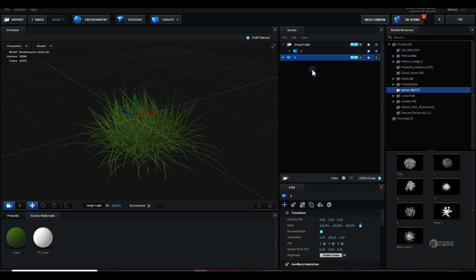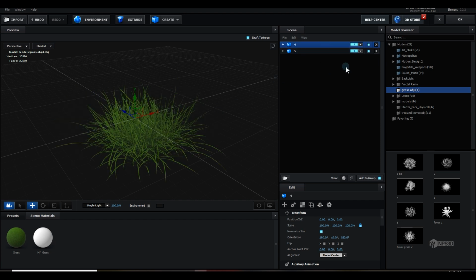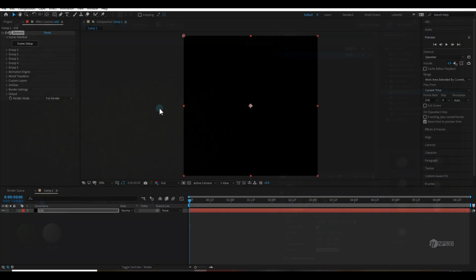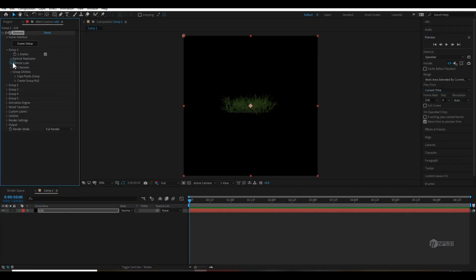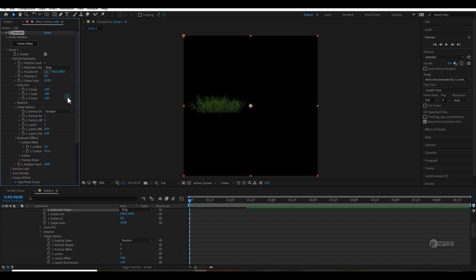I simply drag both of them out of the group so they are inside group one, but they are individual objects. Let's hit OK, then go to the group one particle look, go to the particle replicator, and change it to, for example, ring.